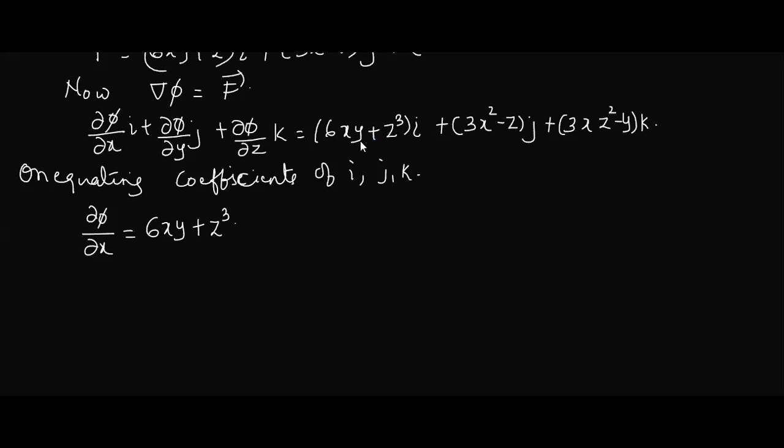Now, I'll take j later on. This only I'll simplify. Is it okay? Instead of giving all together and doing it, I'll explain one by one. Is this okay for you? Now we have an expression for dou phi by dou x, but we want phi. How easily can we obtain the phi? By integration. So we have to integrate this with respect to what? Is it x or y or z?